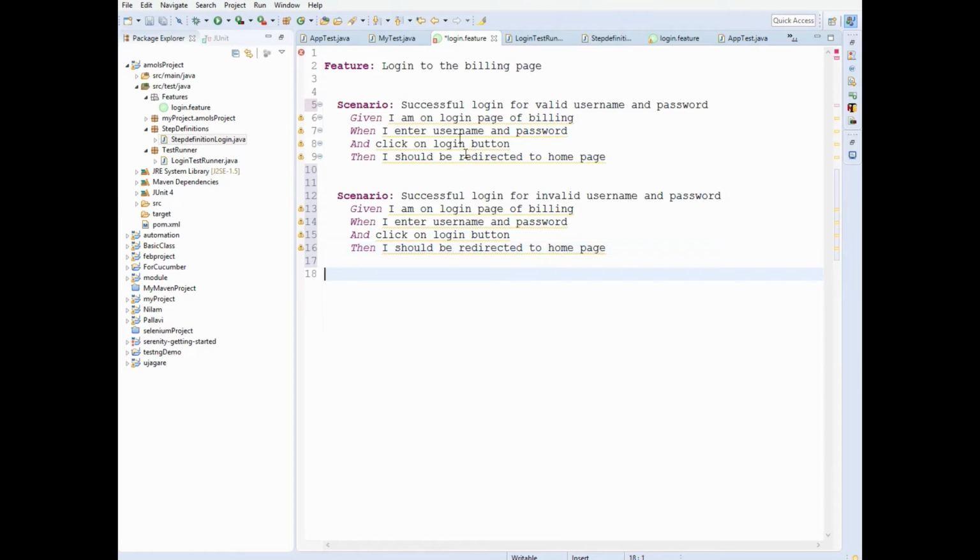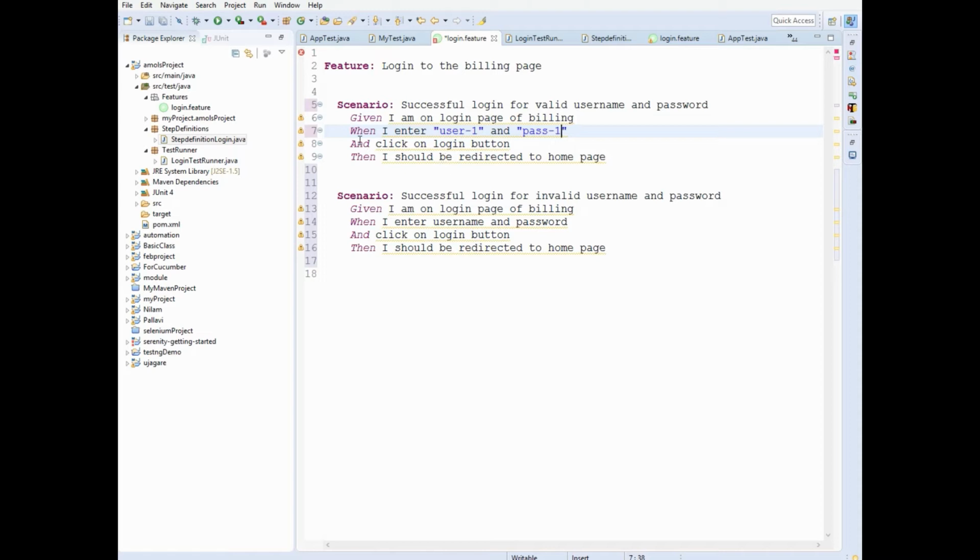Now what I'll do, I'll put double quotes here when I enter user, let's say user-1, and password, let's say pass-1.